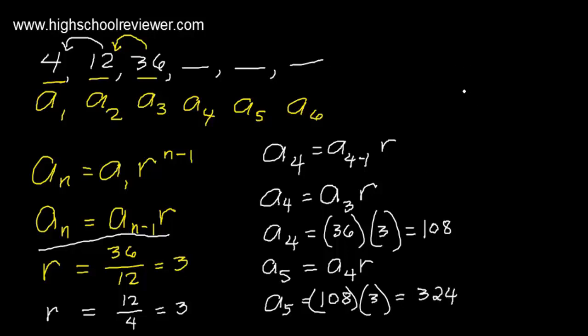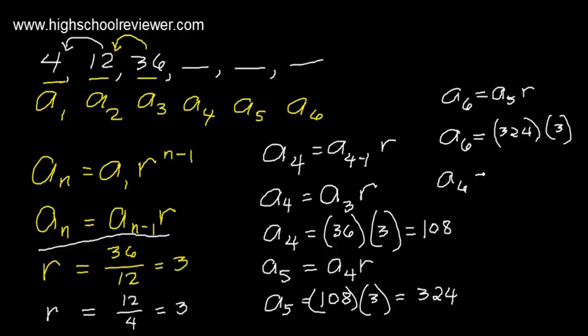How about for a sub 6? Our a sub 6 will be equal to a sub 5 multiplied by r. For our a sub 6, our a sub 5 is 324. Multiply this by r, which is positive 3. Our a sub 6 will be equal to